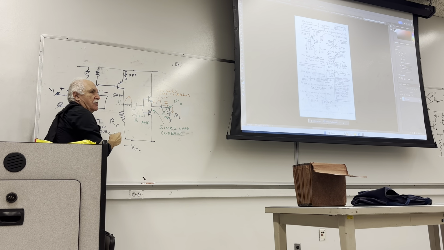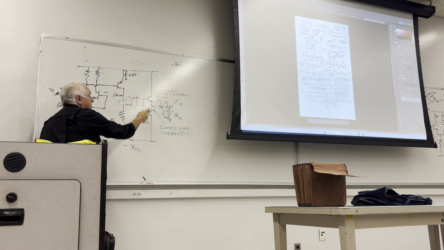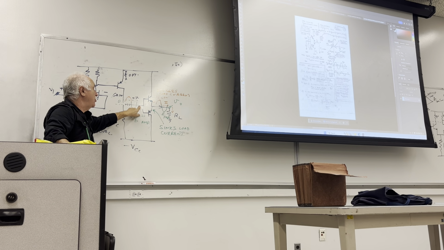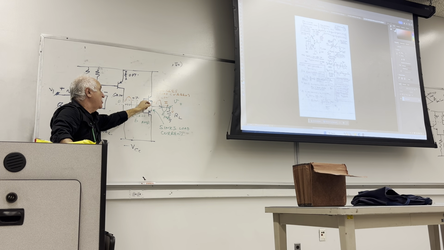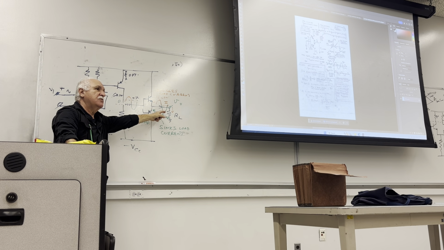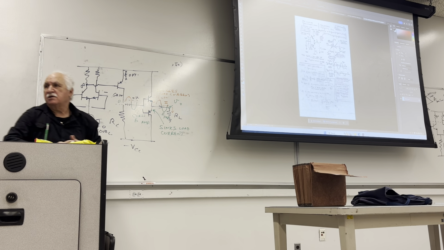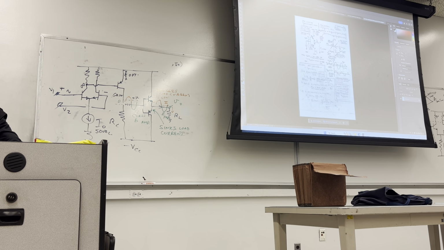Meaning that the orange one has to go above 0.7 of a volt in order for the top transistor to pick up. Because if VBE is less than 0.7, you're not going to have any current in the emitter. So this will be flat 0. Output voltage will be flat. That's why you will have this flat output, 0 from here to here,